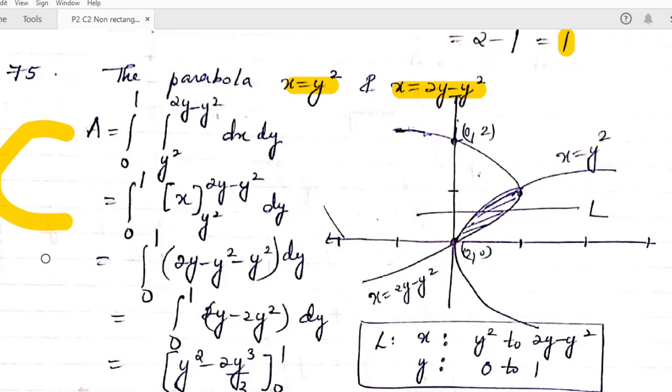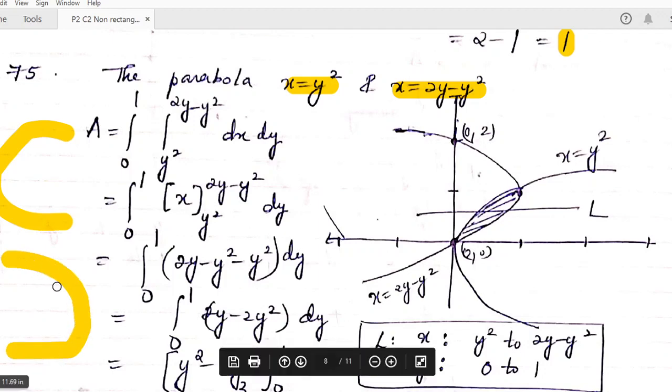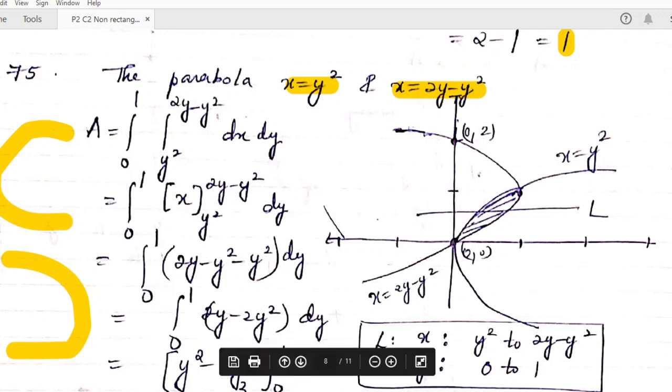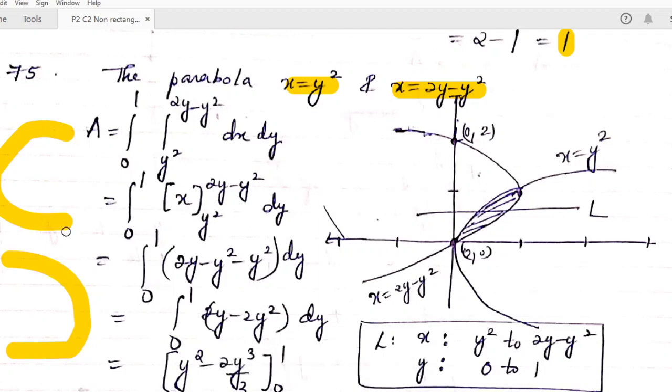We know that y square equal to plus 4x is a parabola of this form, and y square equal to minus 4x is a parabola of this form. So when the coefficient of x is negative, the parabola is in this form. From this equation we get y square equal to 2y minus x, which means the coefficient of x is negative. So our second parabola will be of this form. So firstly we are getting some idea of the shape of our parabola.